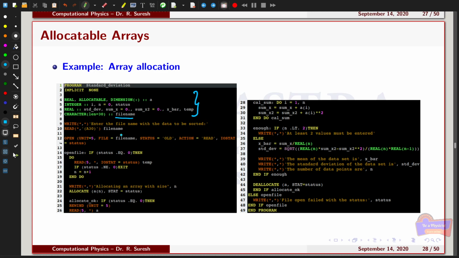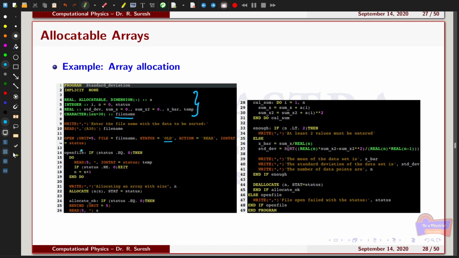If the file name is entered correctly, that means the file is already in the computer directory, then the file will be opened with the corresponding file name and the unit number. Then I have put the status of the file as old, that means it's already available in the folder, and the action is read, that means I am going to read the data from the file.